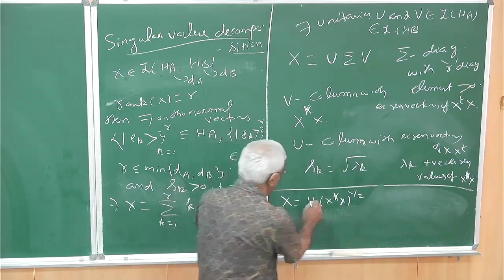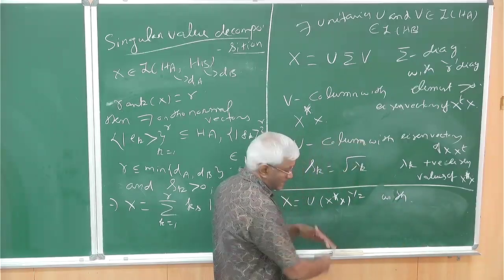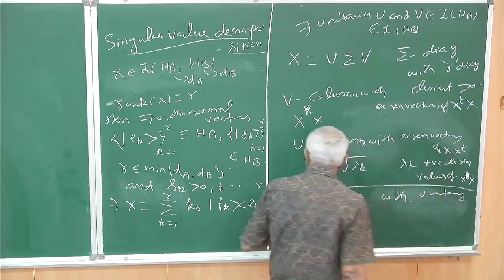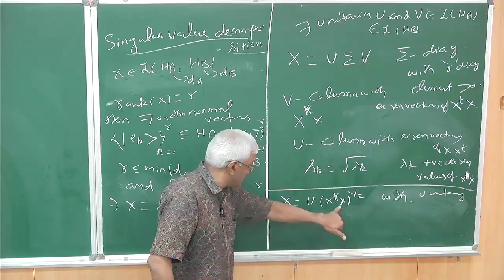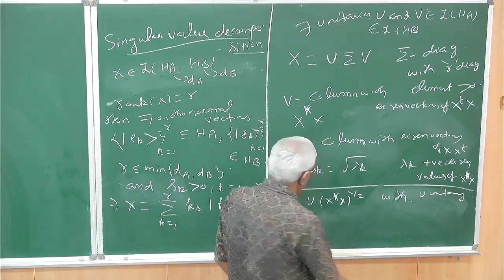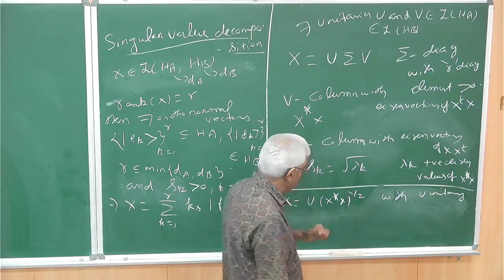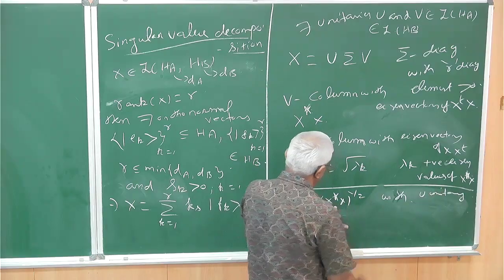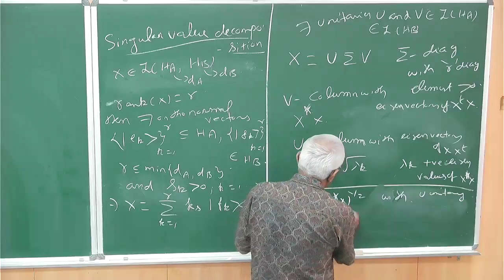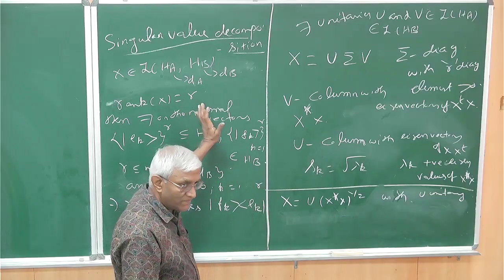So any X will look like that with U unitary. You can write it like that. This is not unique because on the kernel you can have different things, with U unitary. So any X will look like this: a positive matrix times U. Now it's clear, right? Now you take the eigenvalues of X star X power half. You call that sk. You assume the spectral theorem. If you have the eigenvectors of this, call that ek. It will act as sk times ek. Then you will transform to some other eigenvector. So this is clear.